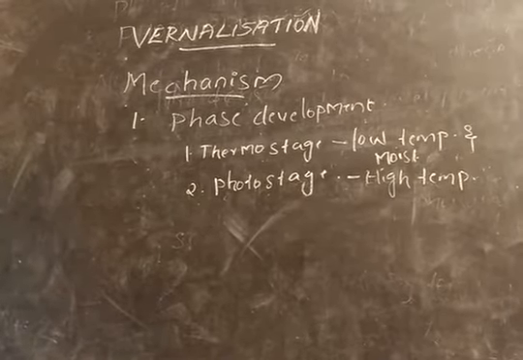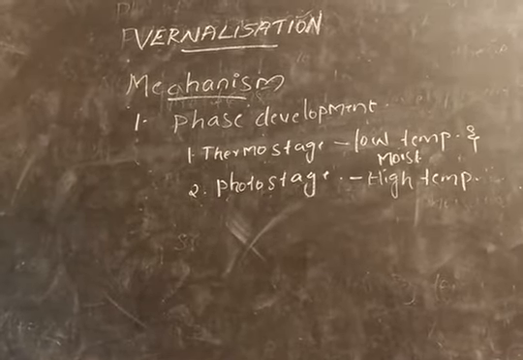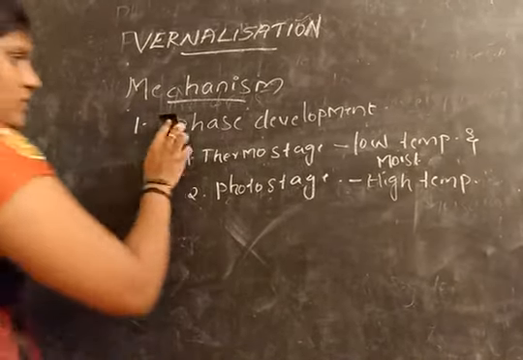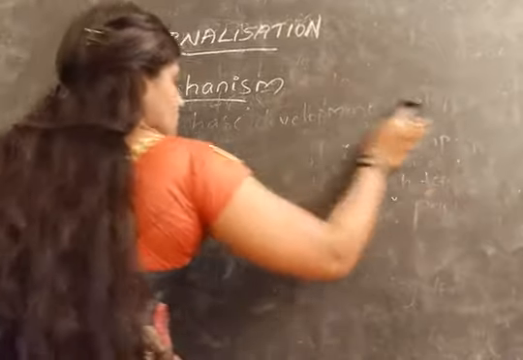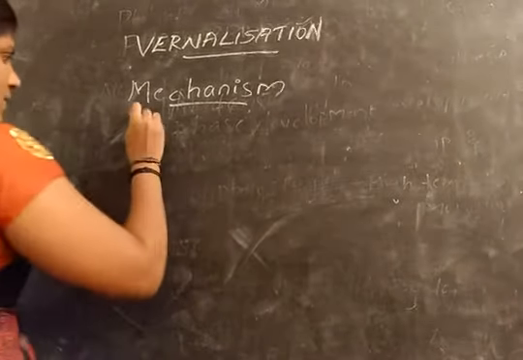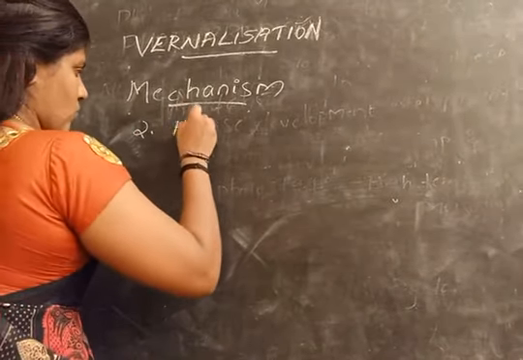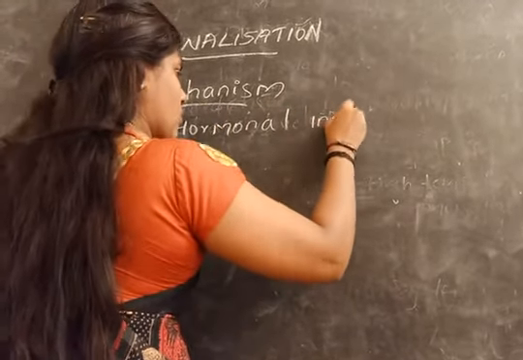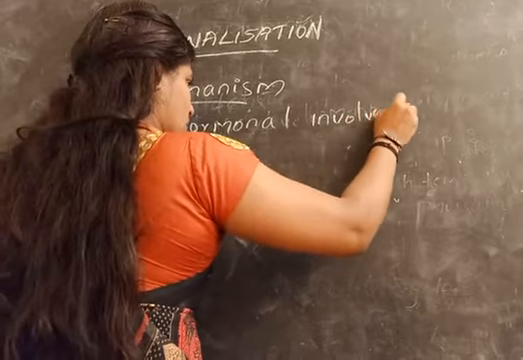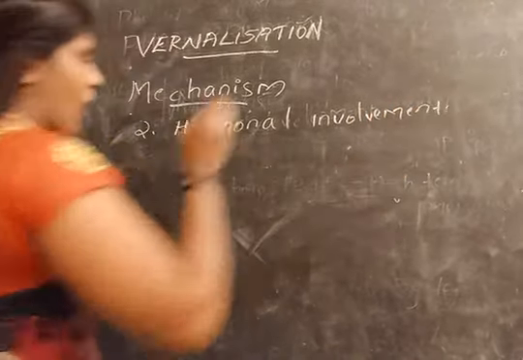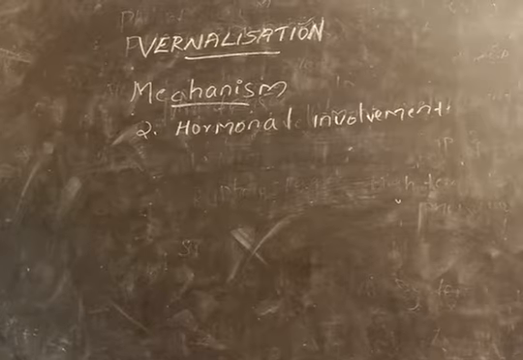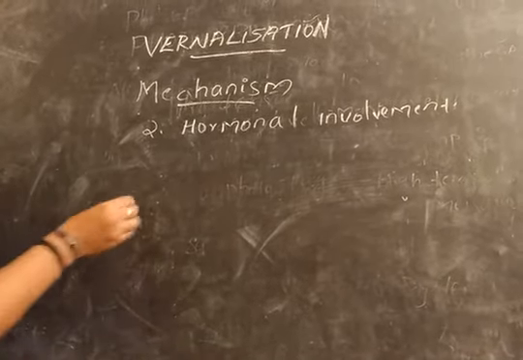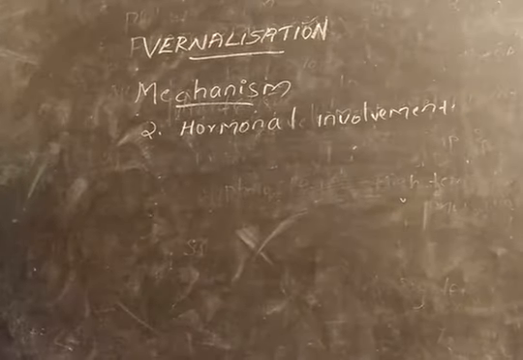So these are the hypothesis of phasic development, whereas the hypothesis of hormonal involvement says, according to the scientist Purvis, what he noted is that